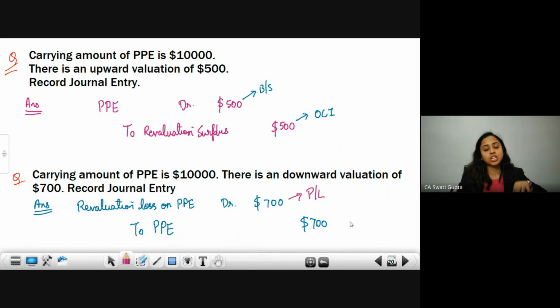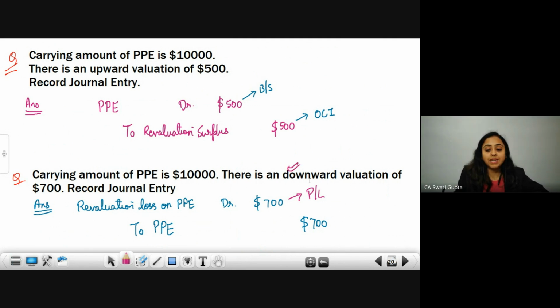If it's a profit, charge to OCI. If it's a loss, charge to PL. Regarding PPE, if you are doing fair valuation of property, plant and equipment, you have to compare the book value with the fair value. If the fair value is higher, meaning it's profitable, show this profit under OCI. Why under OCI? Because it's unrealized, not actual gains. Whereas if it's a loss, that means in case of downward valuation,